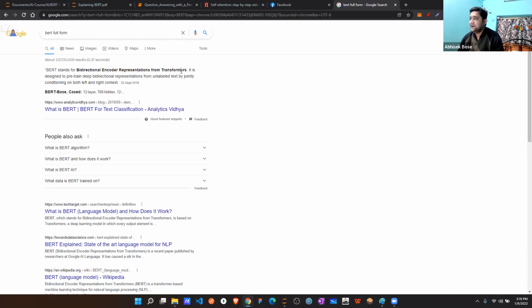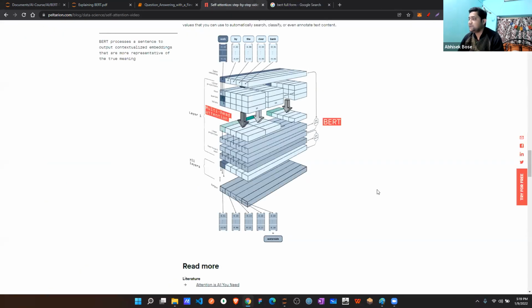Whoever already joined previously, few of you already know about the transformer we discussed in our last class, when we were discussing NLP specially. So on top of that, Google specially created this BERT.